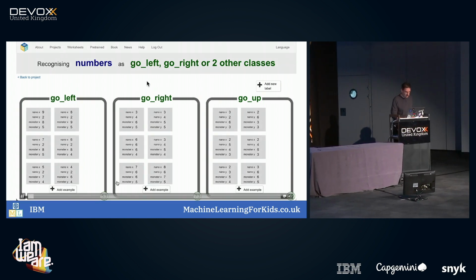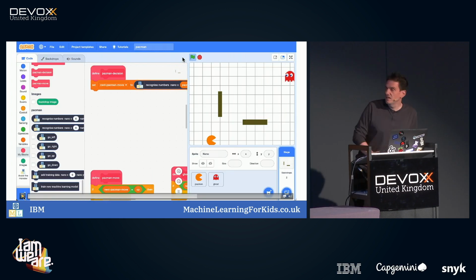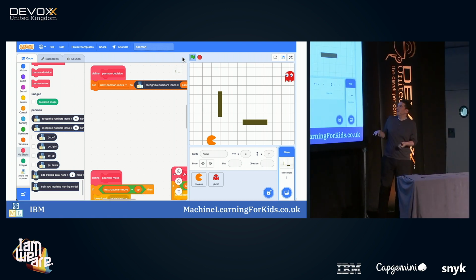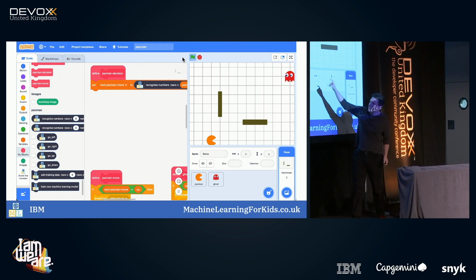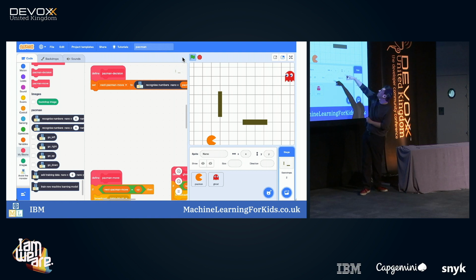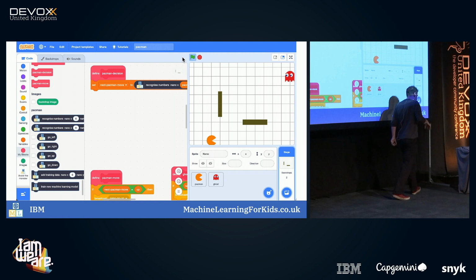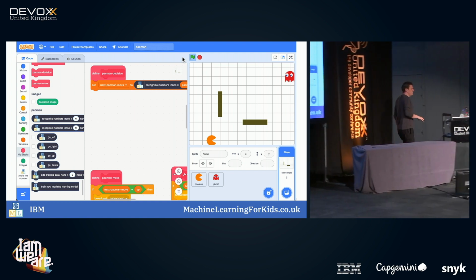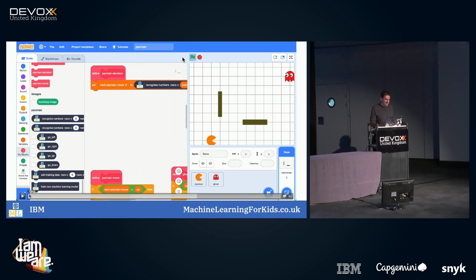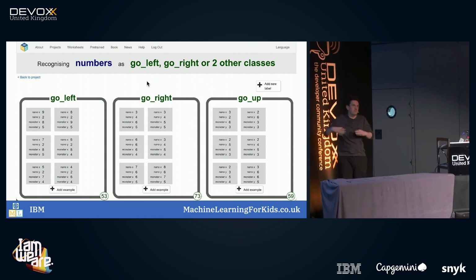And if I skip this on a bit to show you what I mean. They played the game using the keyboard. They pressed the up, down, left, right arrows to control the little Pac-Man thing. And every time they pressed a button to go up, down, left, or right, the current coordinates of Pac-Man and the ghost used the add training block and were added into their training buckets. I told them that what they needed to do for the lesson was to play Pac-Man for the first 20 minutes. That went down really well. But once they played it, that's how all this training data got collected. They collected it by playing the game.